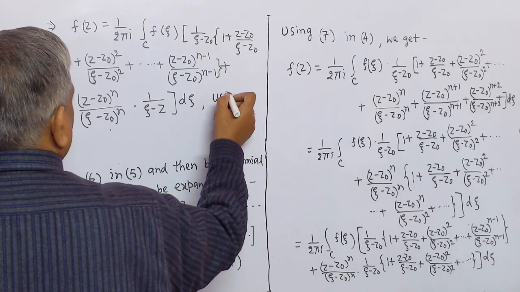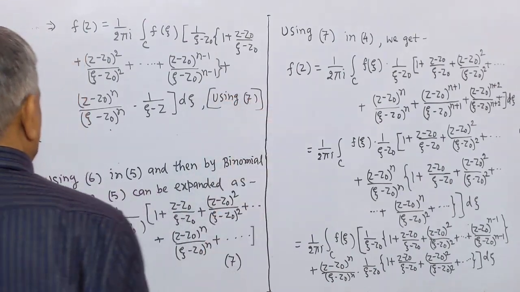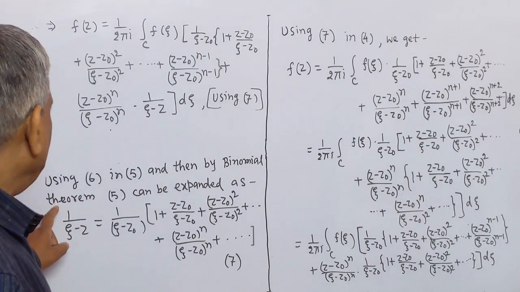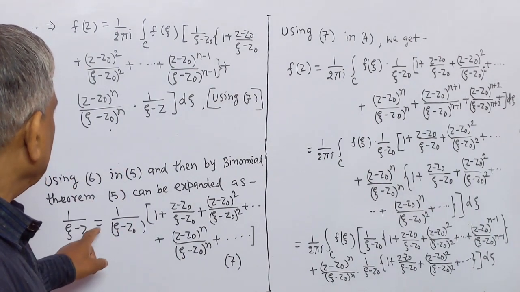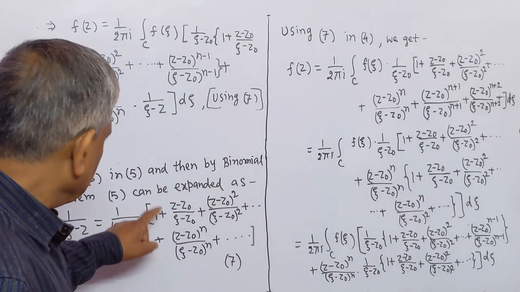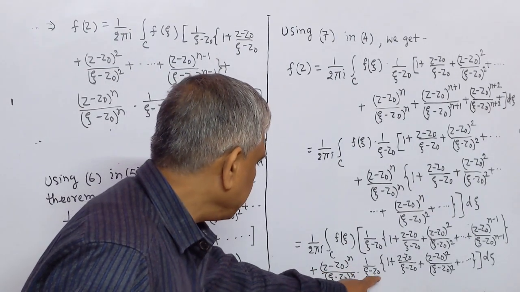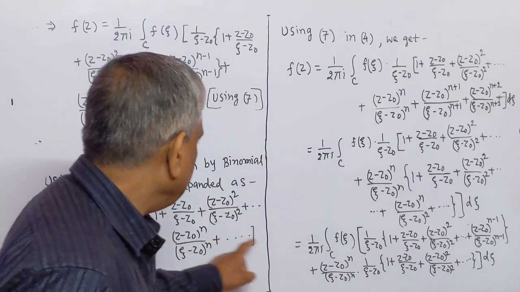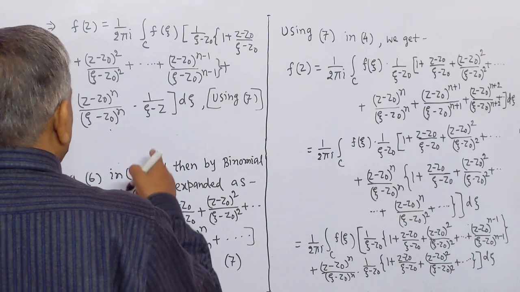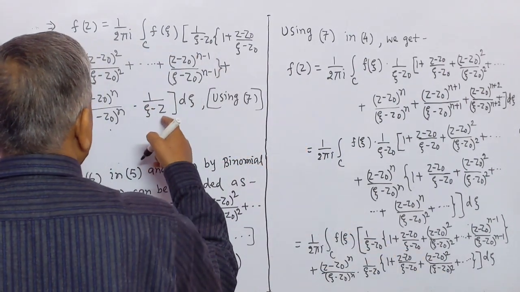using 7. Since in 7 we see that 1/(ξ − z) equals 1/(ξ − z₀) times the bracket, and here 1/(ξ − z₀) times the same thing under the bracket, so in this place we have written 1/(ξ − z),